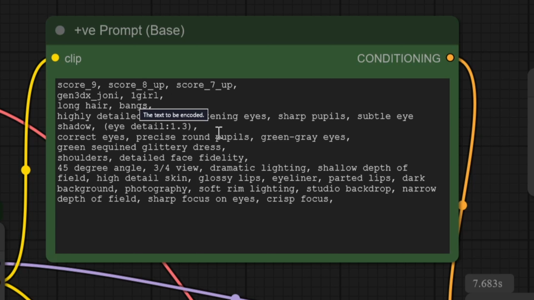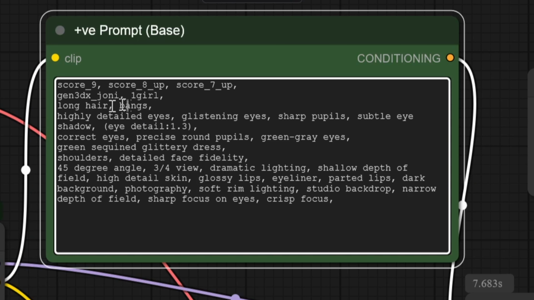Okay, it's quite a detailed prompt, and it's got the standard ones in there that this particular checkpoint likes to have. A description of the hairstyle. We've got our trigger tag in there. One girl is pretty standard. We've got a lot of stuff about the eyes, because as you may know, eyes are a bitch. Basically,